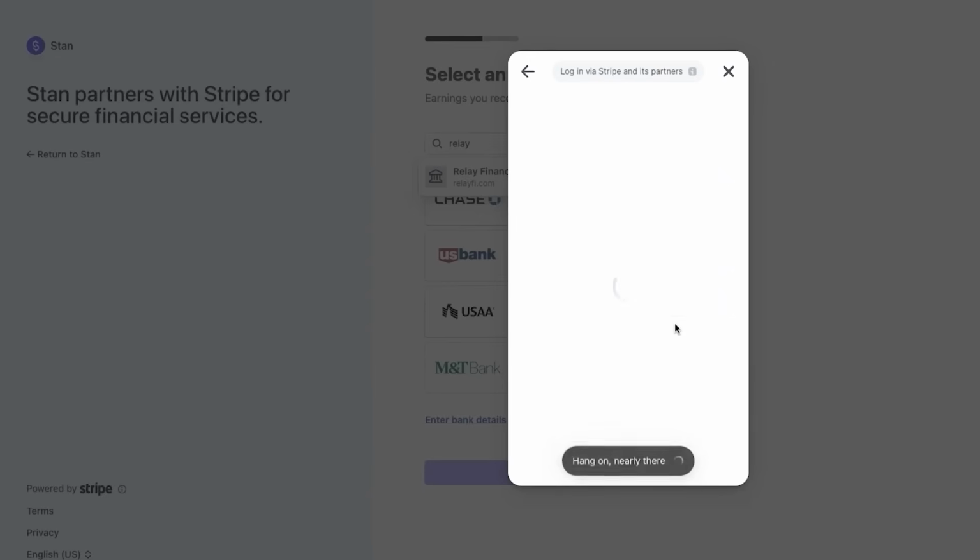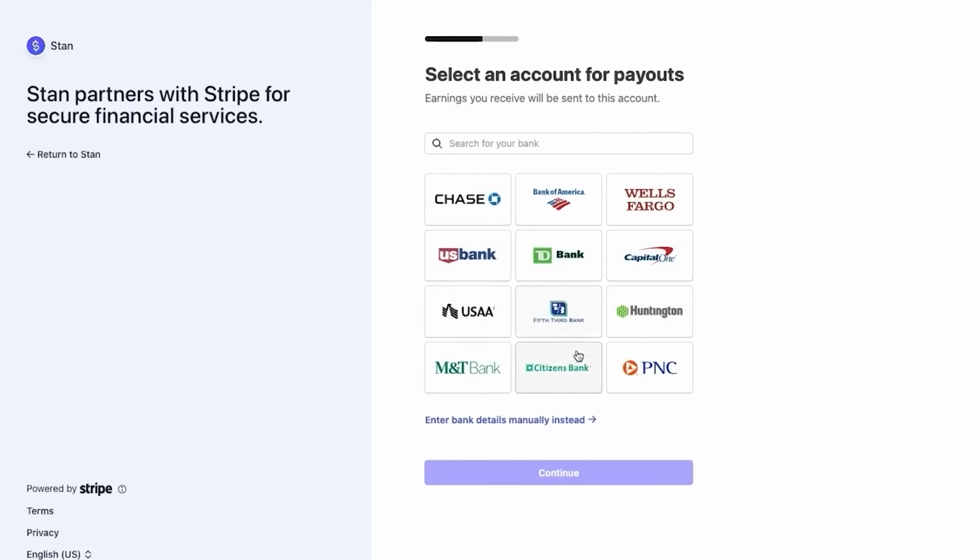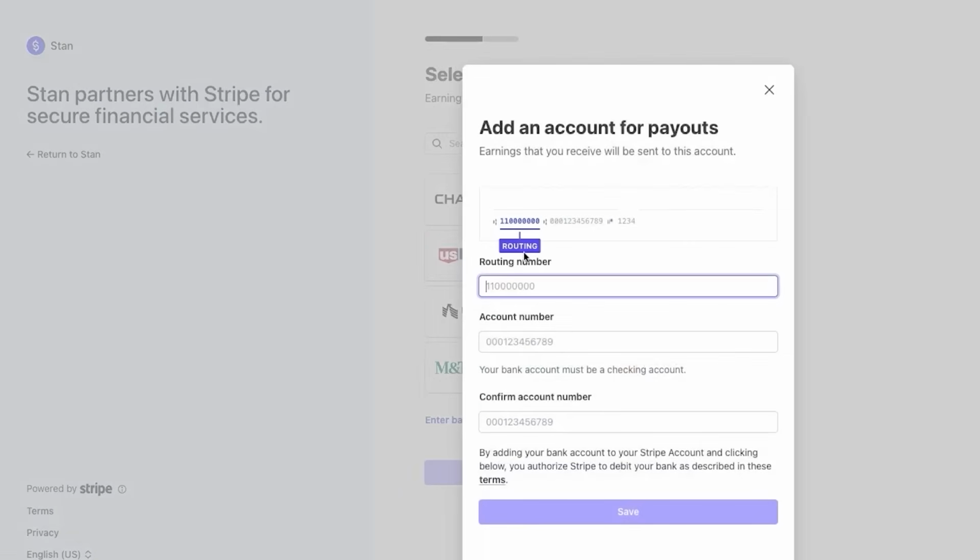You could also manually verify instead, but it is not as quick. So if you want to get paid faster, you can just go through this process where you enter your bank information and then you're able to continue and match them instantly so that you get paid very quickly. So if you don't see your bank or you don't want to connect it instantly and provide your login information, you can click down here that says Enter Bank Details manually instead, and it brings you up to a page